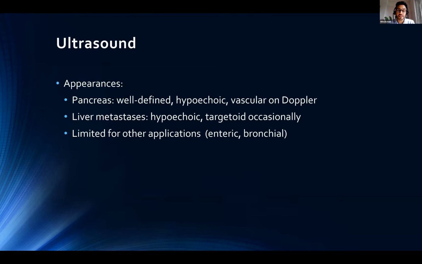So in terms of appearances, it's unlikely that you would see this in clinical practice. Most of the time, these are recognized incidentally on a general ultrasound list as an incidental finding, but they typically appear as hypoechoic, so dark lesions, which are very vascular on Doppler assessment in both the pancreas and the liver. Most metastatic lesions within the liver are hypoechoic, so there is a differential diagnosis here, and biopsy is required. Occasionally, they can have a target appearance where they can alternate in terms of their brightness and darkness, so a bright center surrounded by a darker periphery.